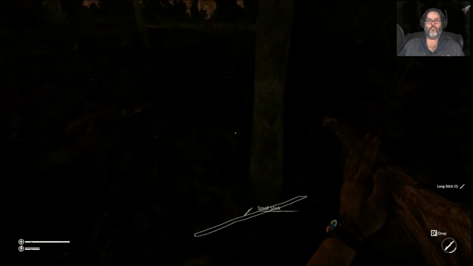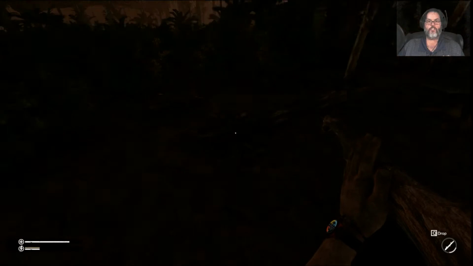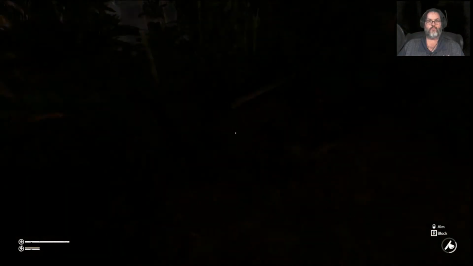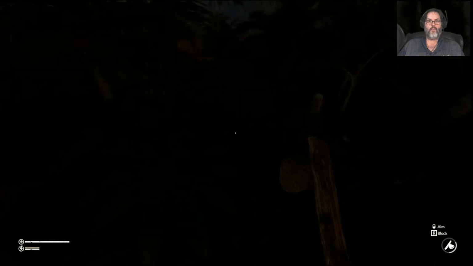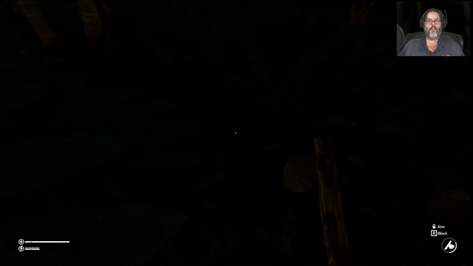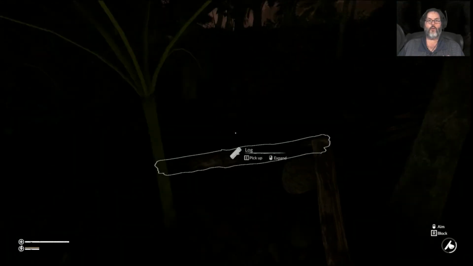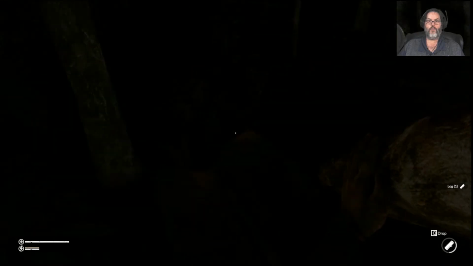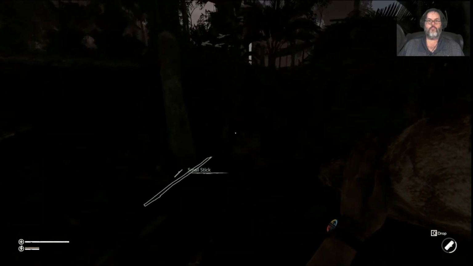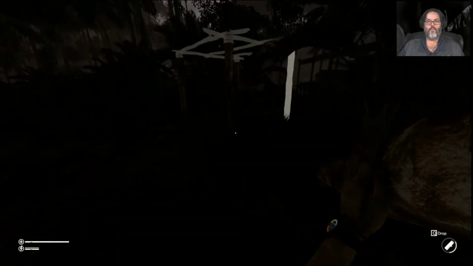There's that other long stick. Oh my god. Anytime you touch the wood, it can literally just spin around and make all that racket. Oh my god, that scared the shit out of me. Alright, I'm too far down. There's a log there. Alright, I don't see another one. We only need one, so...